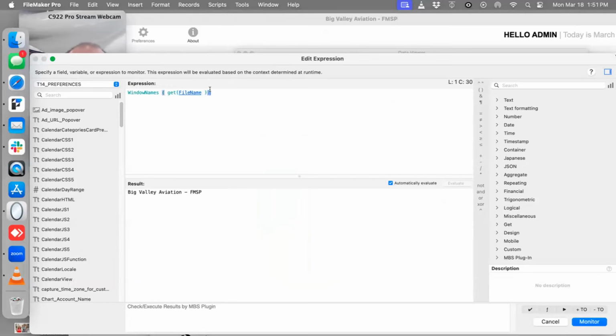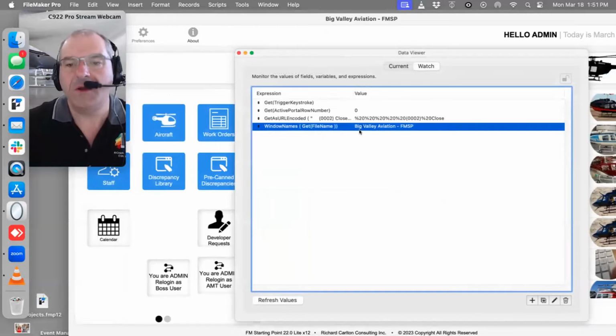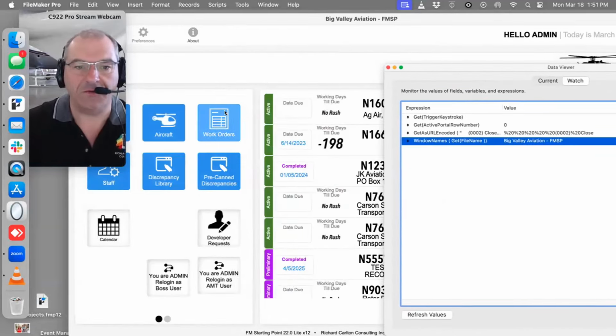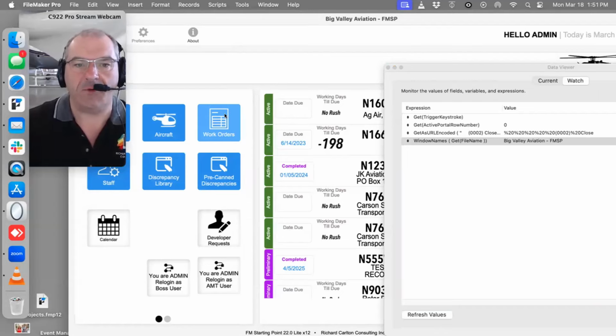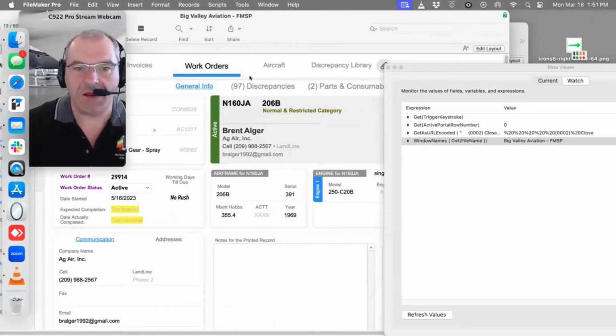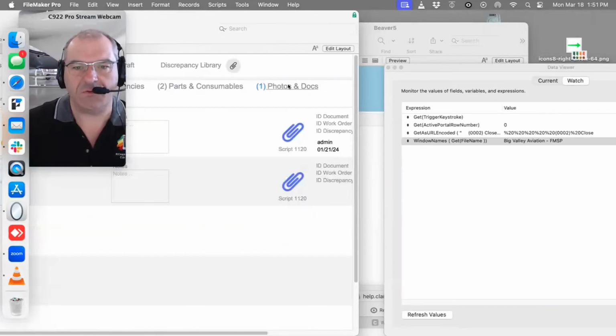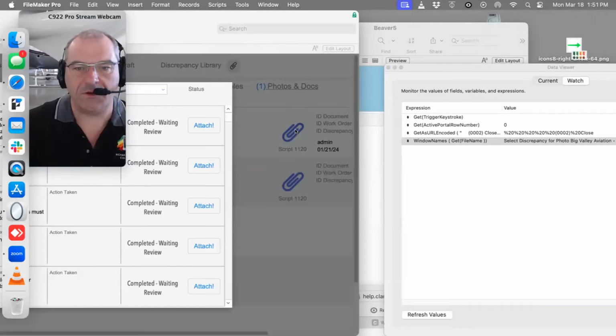I want this to work. Okay, now we have this working. So I'm going to say monitor. So it's monitoring right here. Yes. So now what we're going to do is I'm going to come over here to work orders. And then I'm going to spawn. You're not going to click my button. You're going to go click your button because my button might be still doing weird stuff. This one right here. If I hit this one. Okay, now